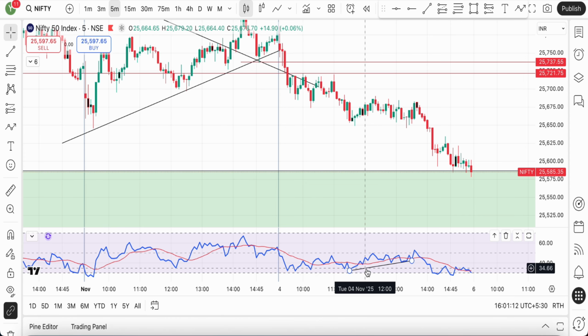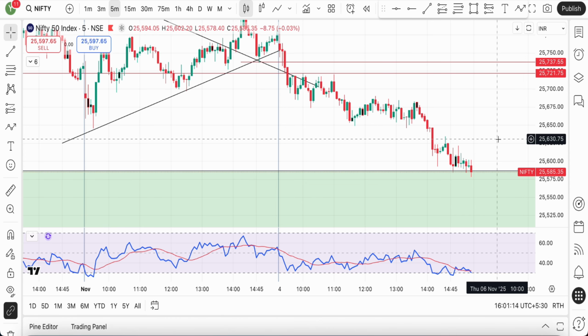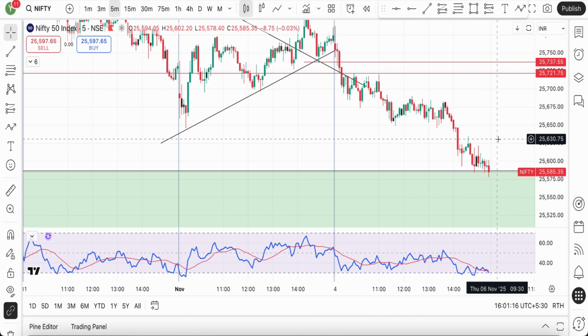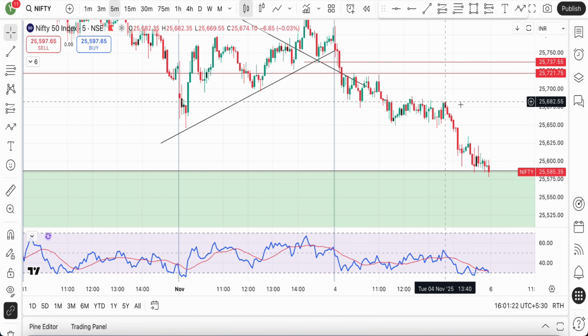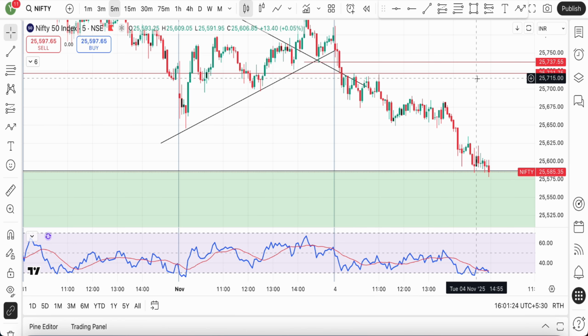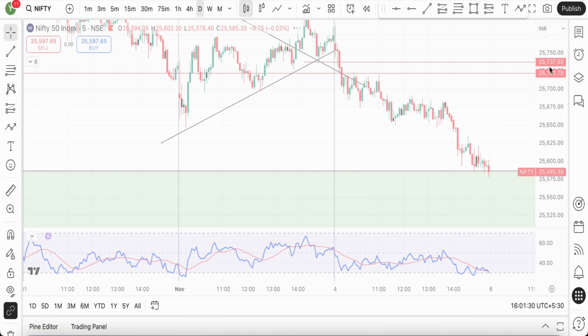I'll maybe make a detailed video of RSI cool off as a concept, but then again, try to keep things simple. Don't get into too complex of things. First, priority has always to be given to the price action, and that is what it was, a complete bearish price action. If we look at a daily time frame,